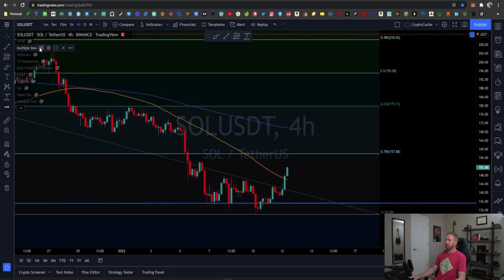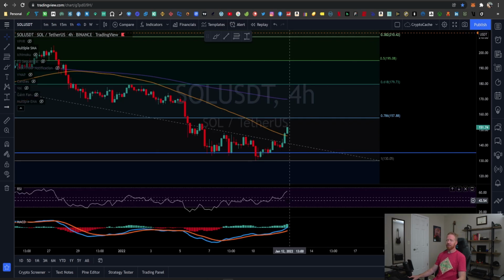So 4-hour, quick look at the SMA. We're under the 200, but above the 50 now. This is positive. I love when the price is up above the 50-day SMA on the 4-hour chart. That's extremely important. Just bear in mind, this candlestick really just opened 45 minutes ago, so it's really premature. We don't want to expect and say that that's a new support level. It should be soon, in the next few hours, but for right now, it's a tentative positive sentiment,